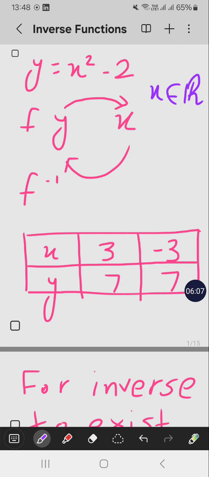So the inverse of this function doesn't exist with this domain, because this domain involves both negative and positive numbers. This function is defined for both positive 3 and negative 3. And for this function to have an inverse,